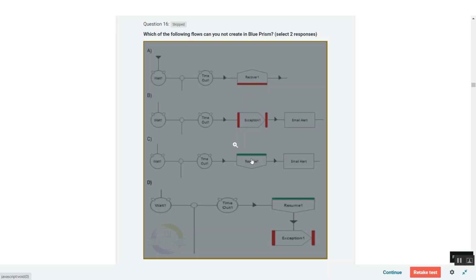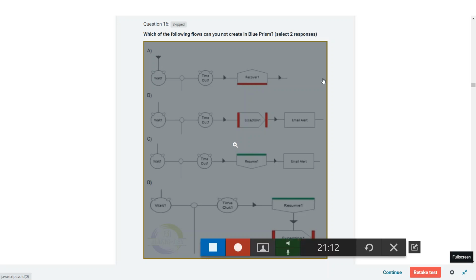But the resume stage, I hope it is independent. We can use it anywhere in the process without the recover or exception. So I think this is the correct one. Let's check in the Blue Prism environment once again to confirm the same.